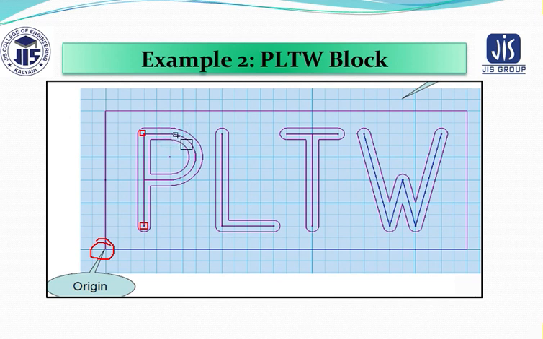Now you see this is moving in a clockwise direction, so it will be G02 for making the arc. Here is another coordinate, here is your another coordinate. Similarly for L it will be starting from here, this is another coordinate, this is your another coordinate. Now same way for T, this is your coordinate, then it will be coming to this portion, again from here it will be moving to this portion.